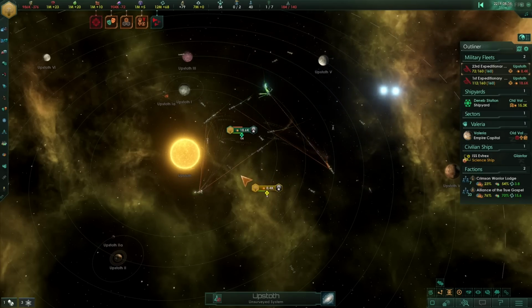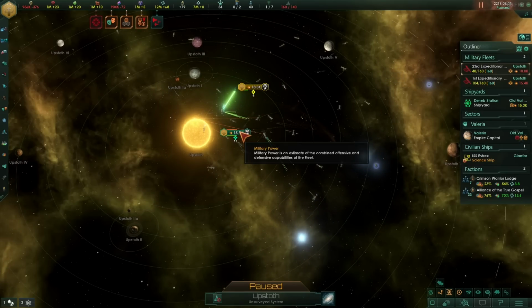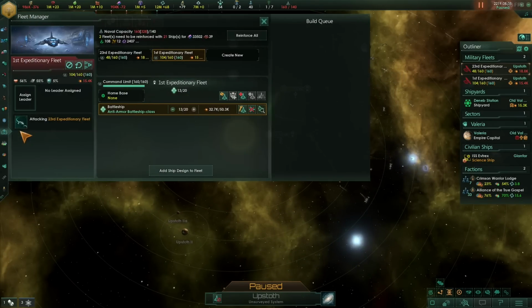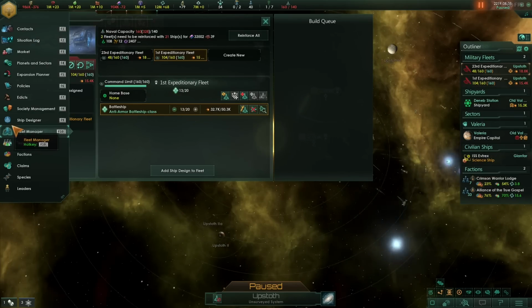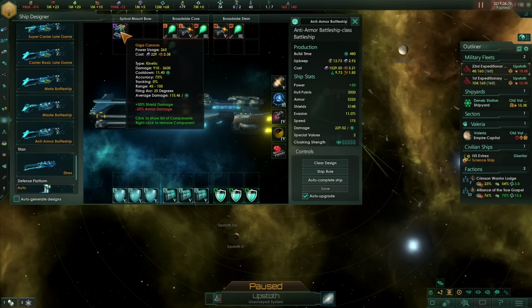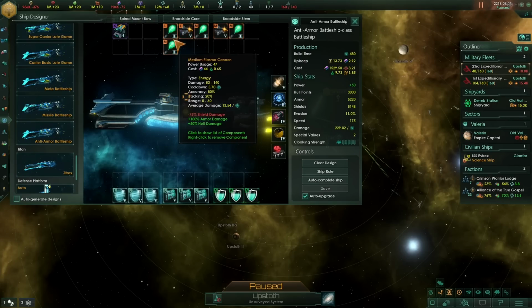Look close. Those strike craft are just picking off the last few. Yeah, there we go. Close, very close. So there we go. We found a good design which can beat the carrier battleship. So that was an anti-armor ship. I think it was just these guys. These guys just smashed through the armor,